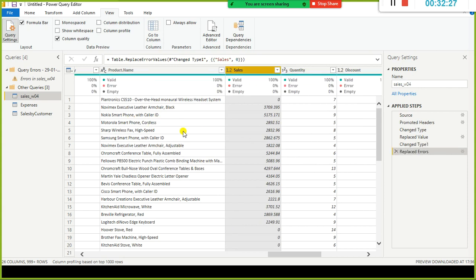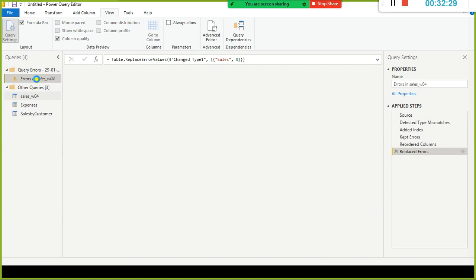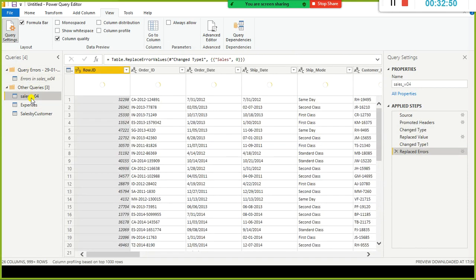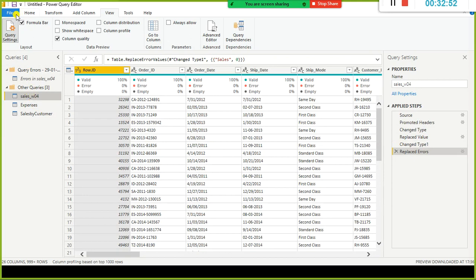Can you guess why I was getting the same thing here? Look here, automatically, in case of any error, it keeps the error also for us to cross verify where we got the error. The table is empty now. Okay, the error table, because we addressed it, now it has gone. So now I just come here. Okay, everything is good. I just go ahead and apply this one.